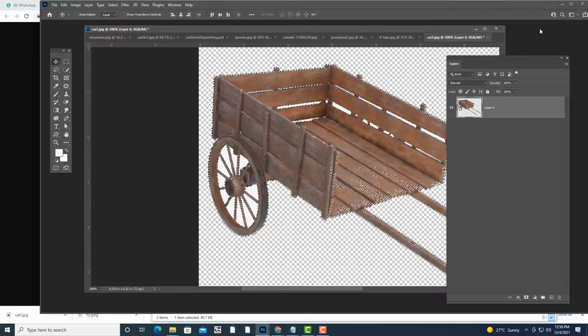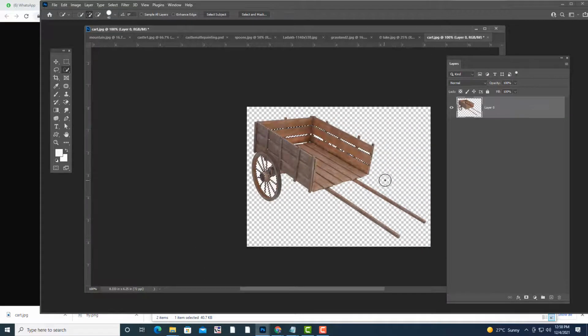Okay, see, it has selected some portions here. So what we can do, we can actually choose a selection, and we can subtract this. We can only keep the areas. Okay, able to understand everyone?